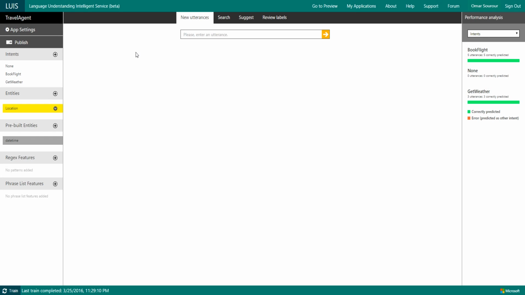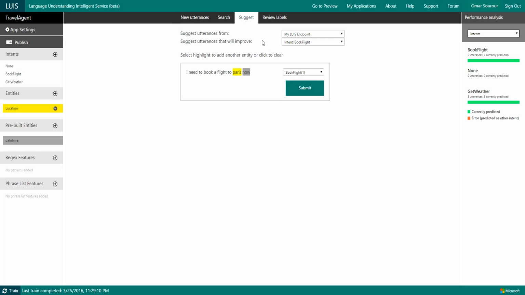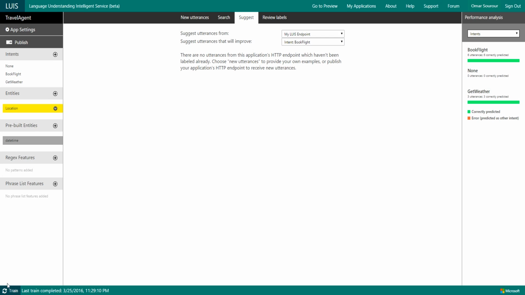We can interact with the unlabeled utterances that arrived on our HTTP endpoint via the Suggest tab. We can ask Lewis to suggest utterances for us to label that are most likely to improve the model, and we choose which model we'd like to work with here. So in this case, I'm going to choose the book flight intent. These are the utterances that Lewis thinks I should label first to make maximum improvement to that intent. Now, this utterance is already classified correctly, so I can go ahead and submit it. Now I can retrain this model,